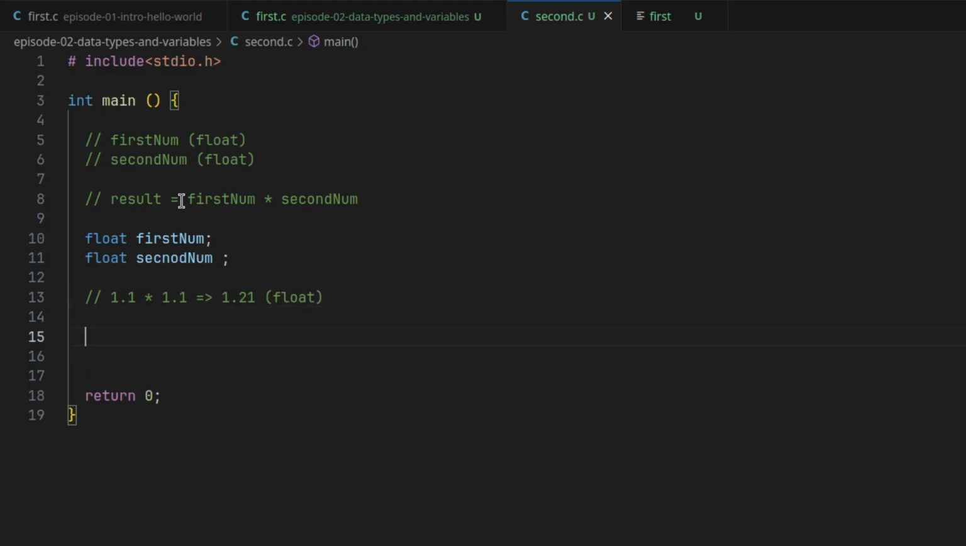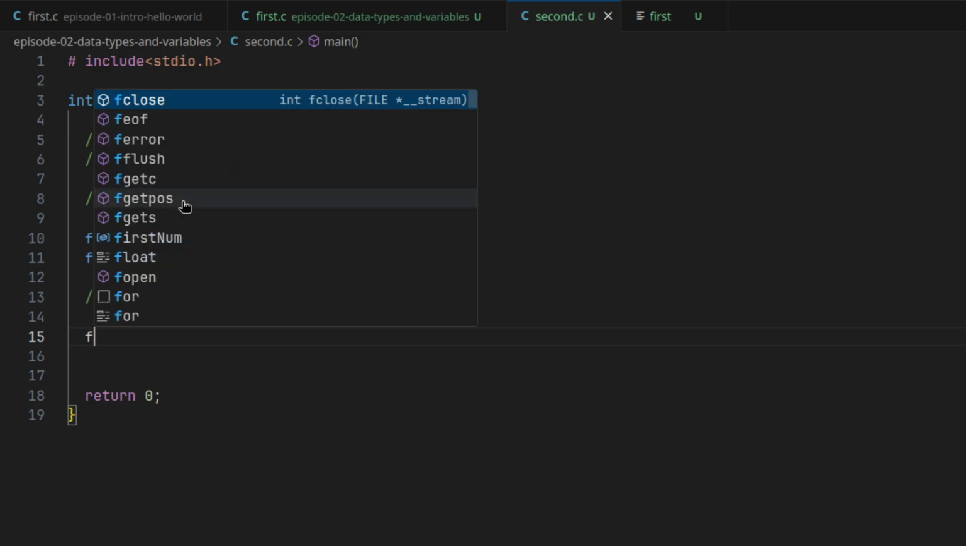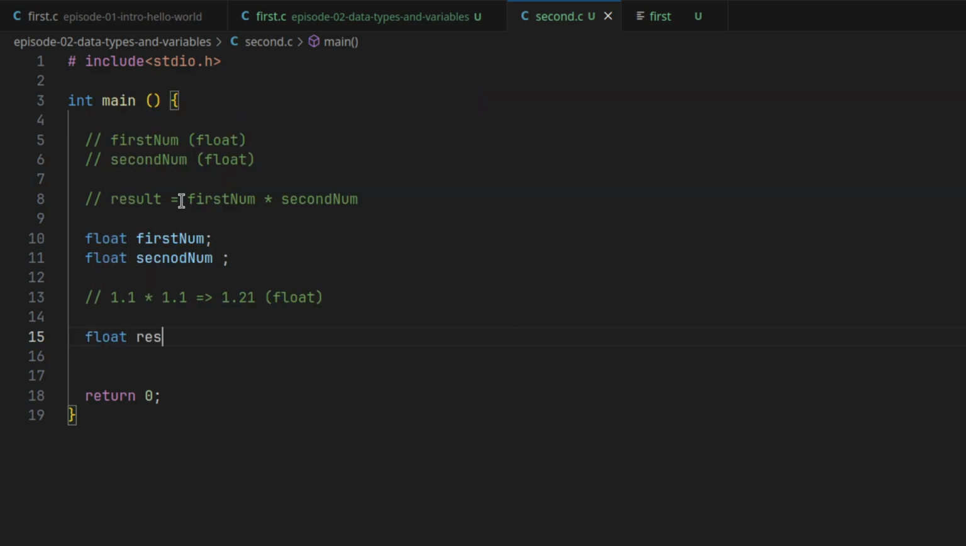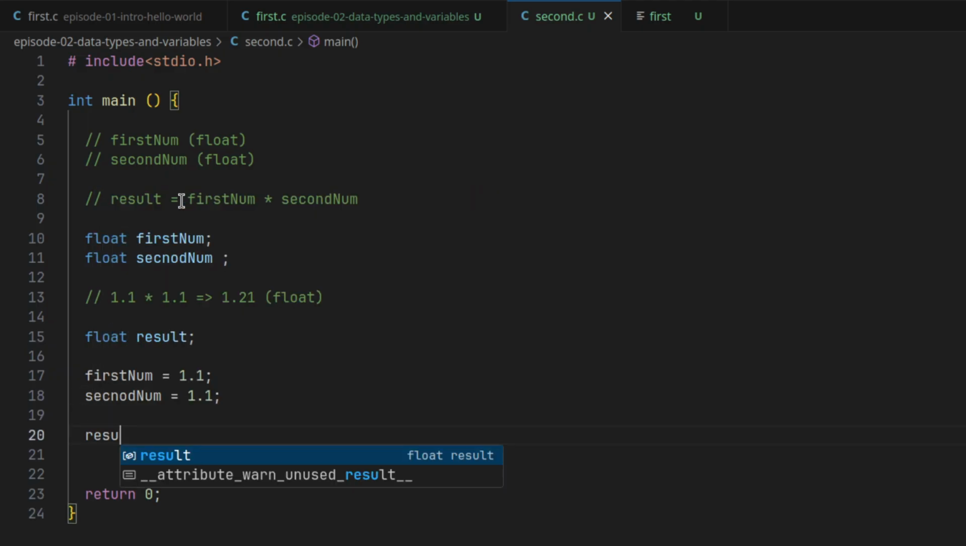Okay, so we define the variable by the name of result, and the data type must be float. We declare the variable. Let's assign the values. So first num is equal to 1.1, second num is equal to 1.1, and the result must be, my bad, first num into second num. Okay,